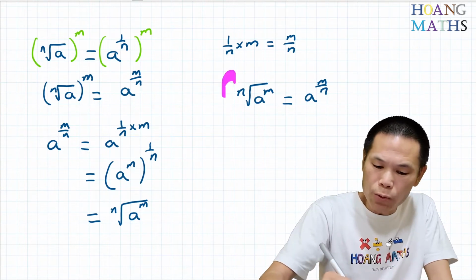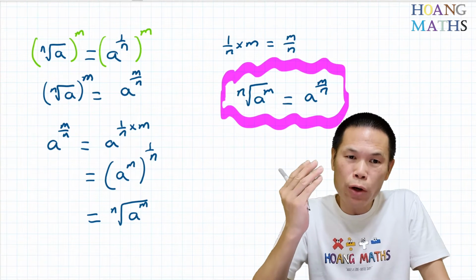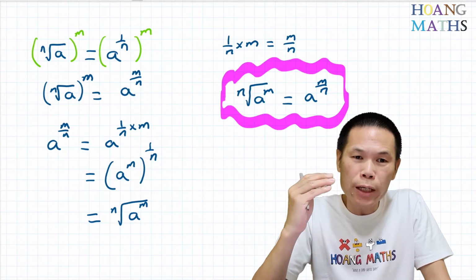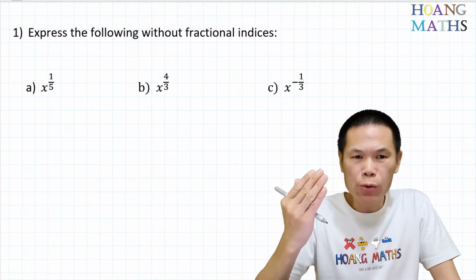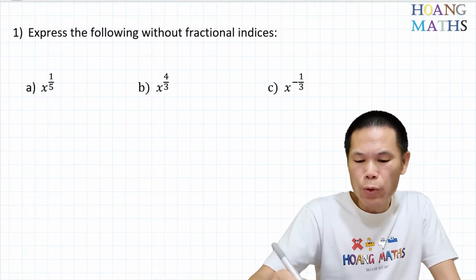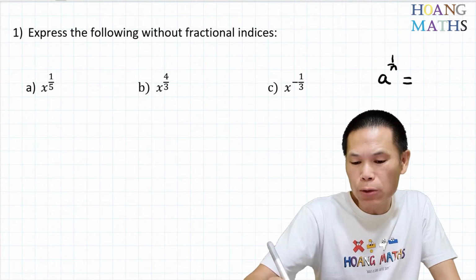So this is another rule, so please take note on this, okay? Let me just go through a few examples and hopefully you know how to apply these rules. So first one. First of all, we know that I to the power of 1 over n is equal to n